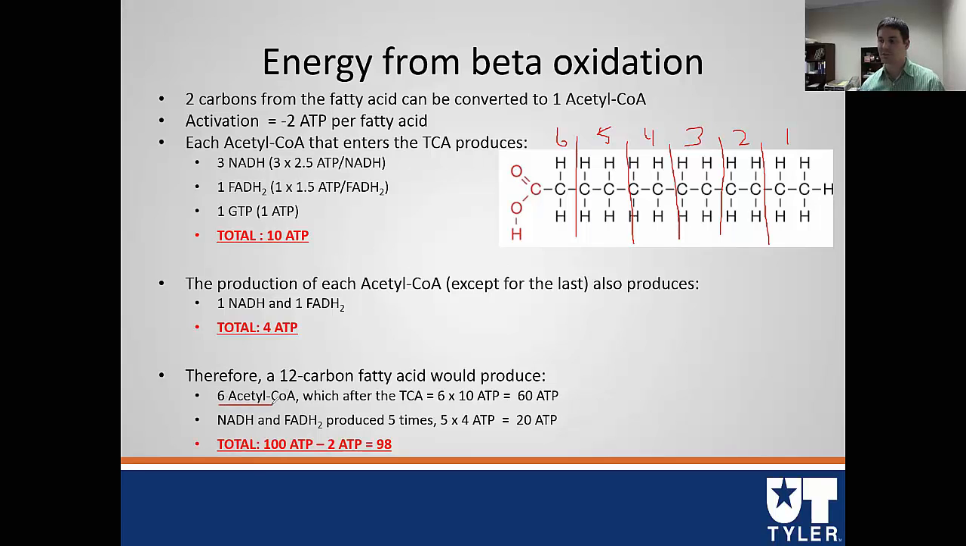So that puts us here. So 6 acetyl-CoA in, 10 ATP. We'll make 60 ATP from sending these carbon segments into acetyl-CoA. Also, in the process of beta oxidation itself, kind of like the conversion of pyruvate into acetyl-CoA, we also produce